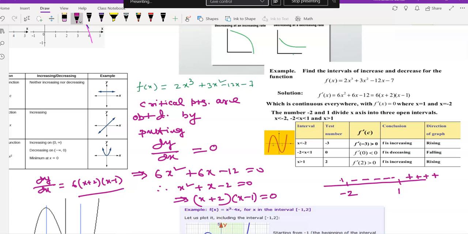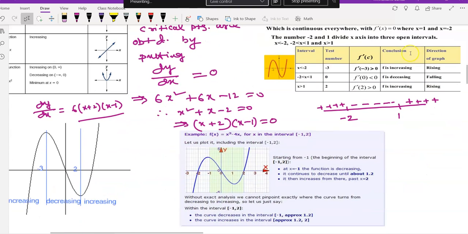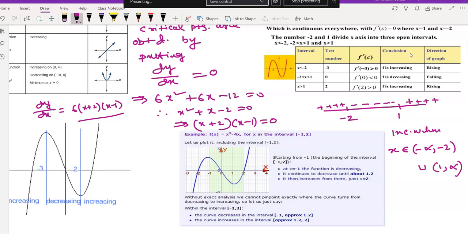This is positive and this is positive. So in which interval is it going to be increasing? It is increasing when x belongs to minus infinity to minus 2, union 1 to infinity,